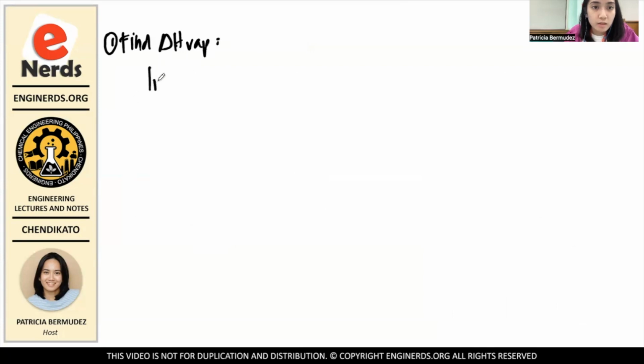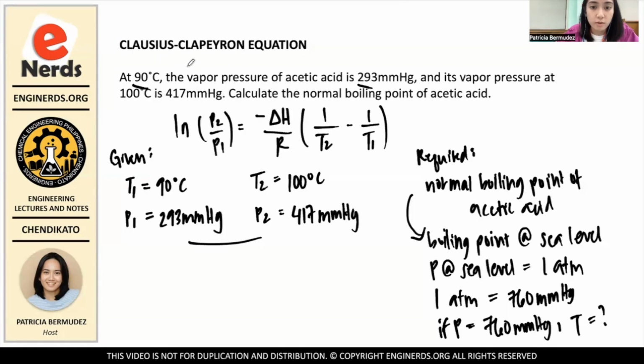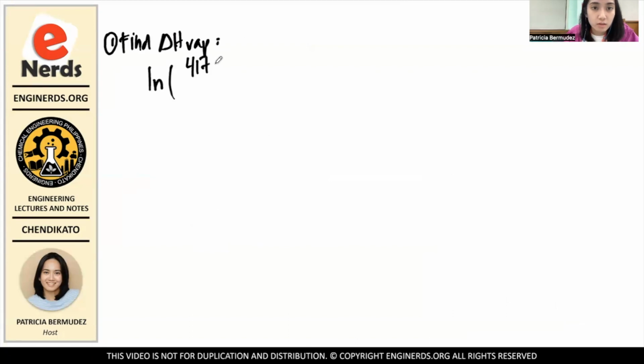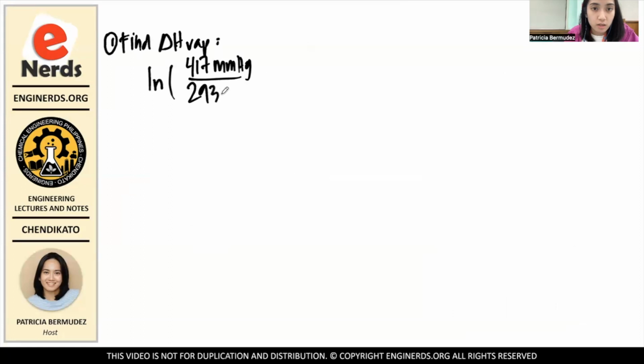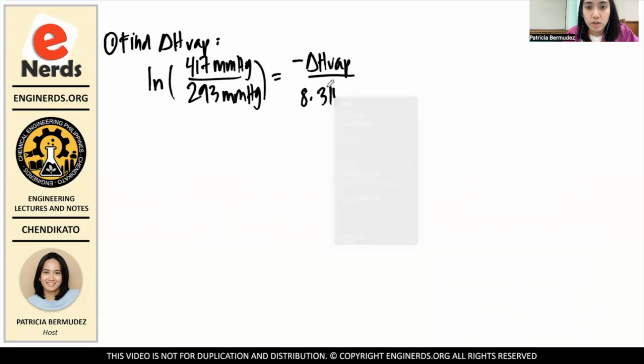So we know that ln, ang P2 natin here is 417 millimeter mercury over our P1, which is 293 millimeter mercury. And all that is equal to the negative change in enthalpy of vaporization over R. And here, we can just use 8.314 para yung delta H VAP natin ay naka-joules per mole also. Okay? So, 8.314. And ang unit niyan is joules per mole Kelvin. And then our